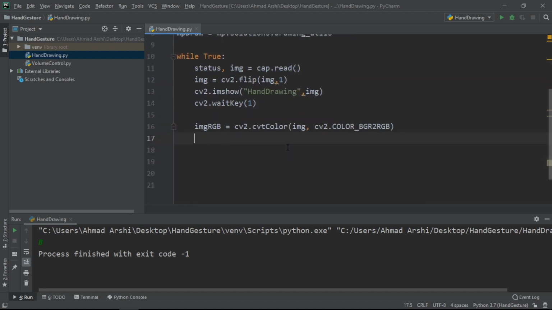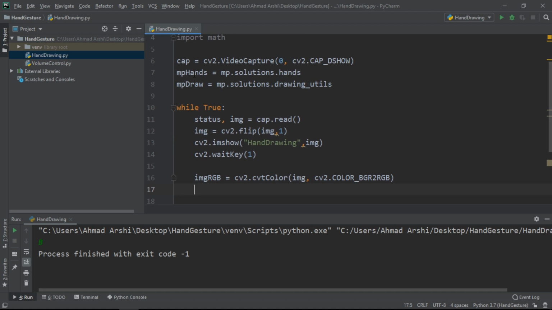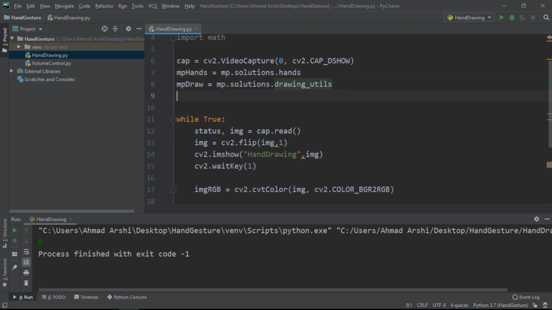Okay, we have to create that first. For this, we will be using the hands, and we just need to process the hands. Here we have MP hands for this one, and we have the drawing utils. Next, we have to make it with the hands, MP hands dot hands. What this statement will do is provide us with the analyzer that can look at the image and detect the hands inside that image, and it will return all the relative information. So let's just use these hands now.